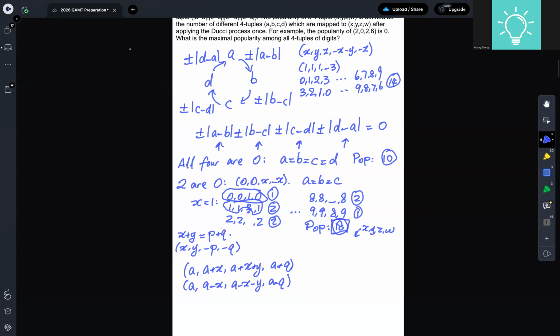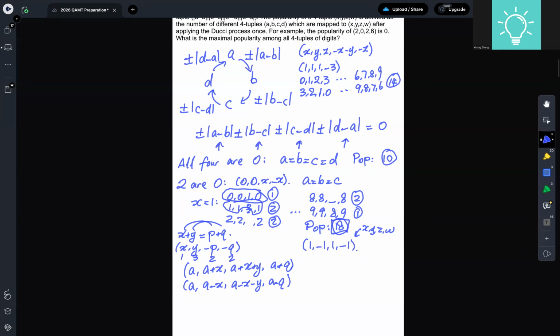Right. Is that going to do us any good though? Maybe if this was 1 and this was 3 and this was 2 and 2 or whatever, a plus x plus y is just a plus 4. So this can go from 0 to 4 up to 5 till 9. That's still not enough, right? But what happens if two pairs of these are the same? Like x and p, y and q, they're the same, then that actually gives us the best. Like if we have 1 minus 1, 1 minus 1.